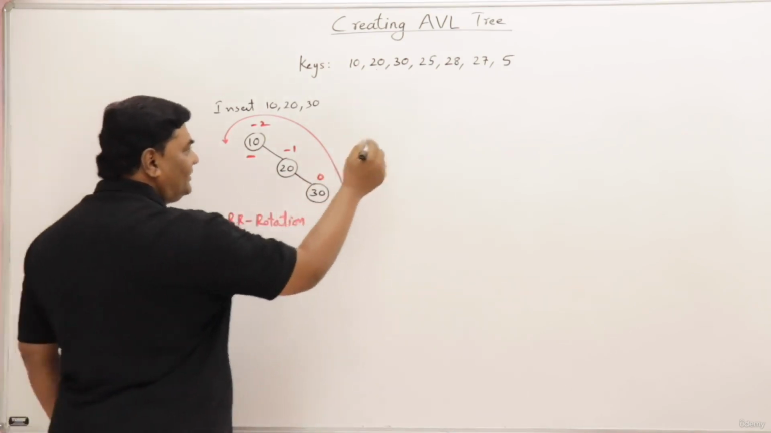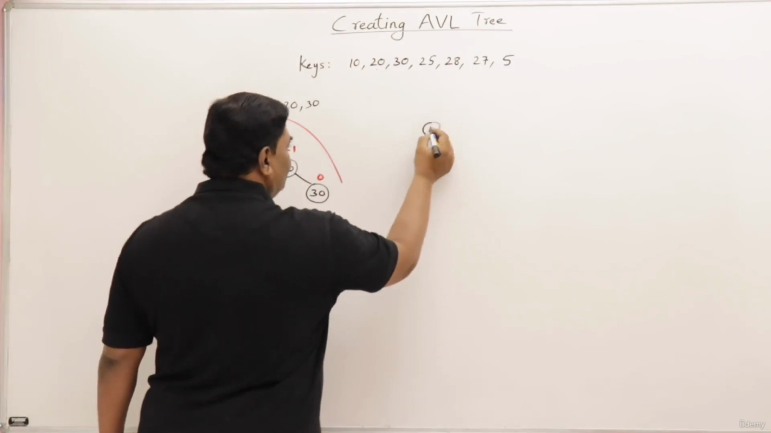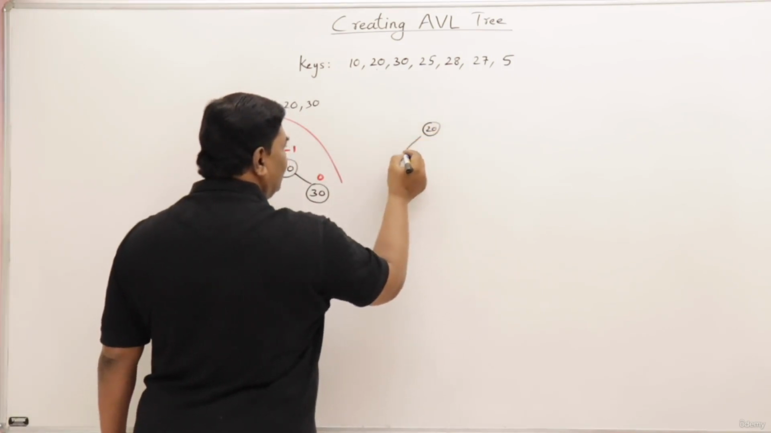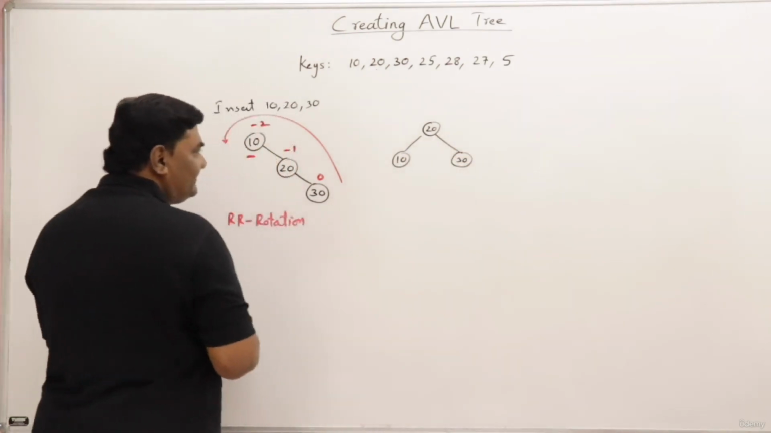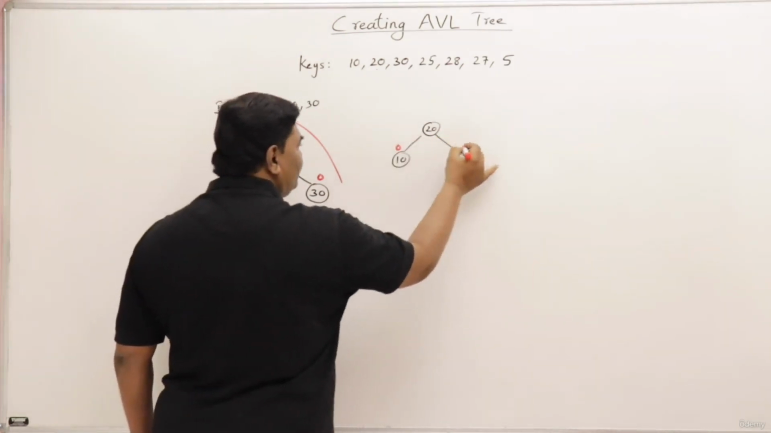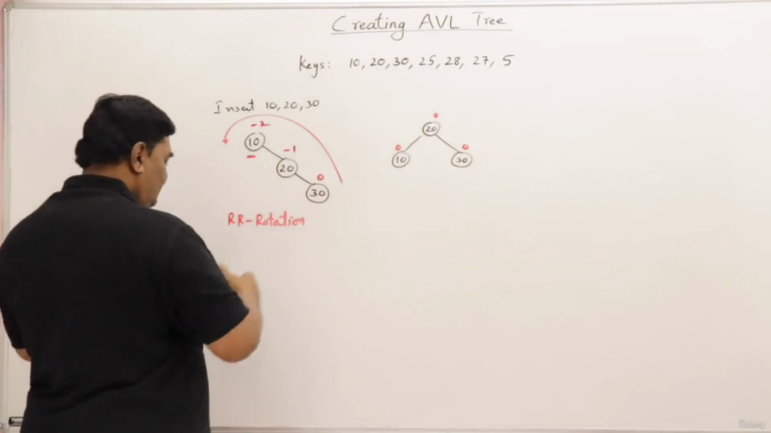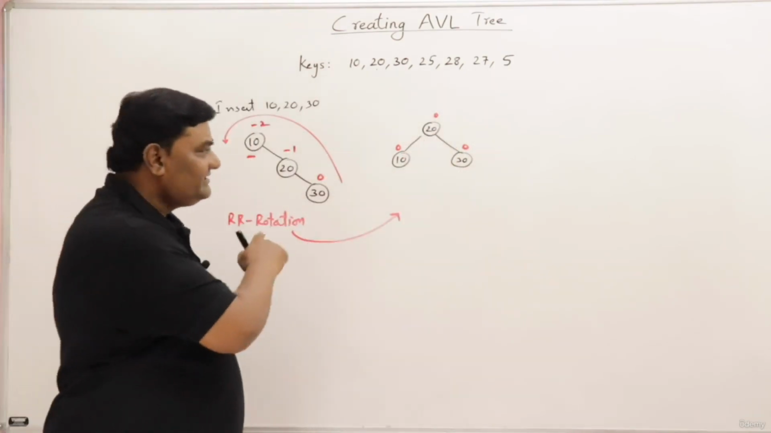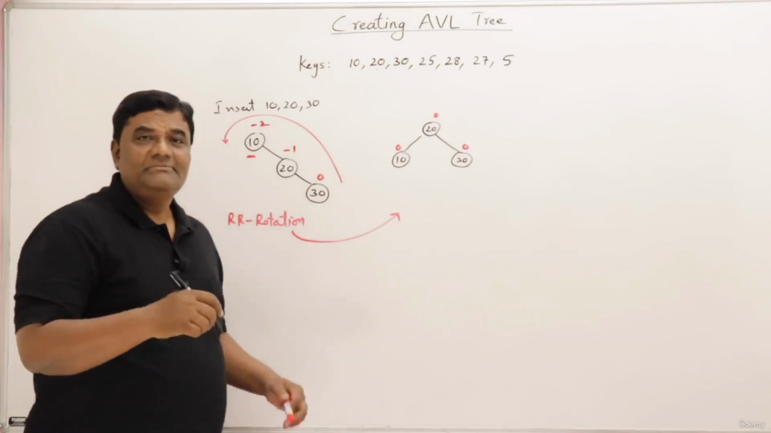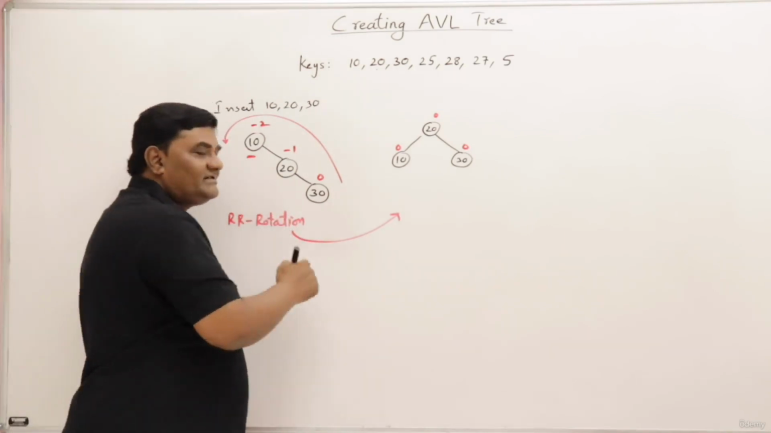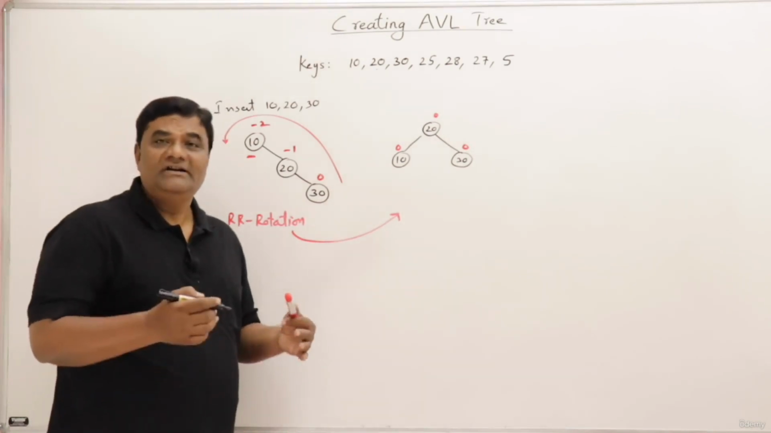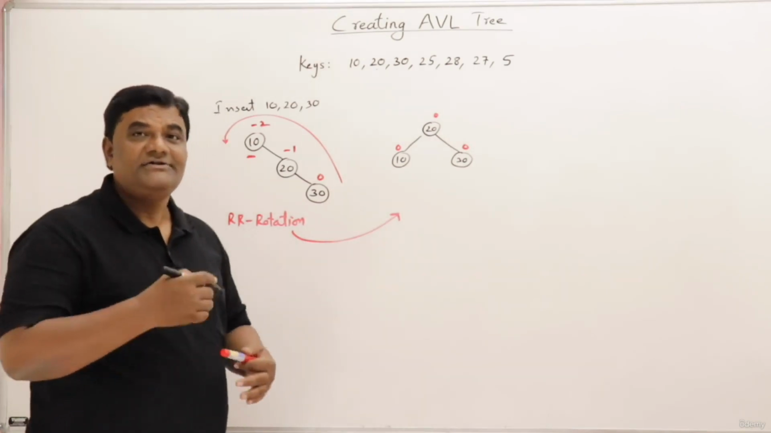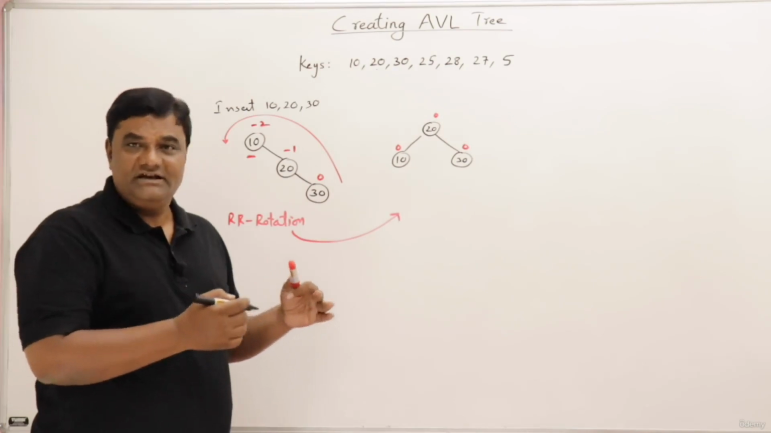Then after rotation, what will be the tree? I will draw it here. So this is 20 and this is 10 and this is 30. The balance factors are 0, 0 and 0. This is the result. Okay, this is the tree we got. I was inserting the key. When one of the nodes became imbalanced, I performed rotation and adjusted it. So that's how, the moment a tree node is becoming imbalanced, we perform rotation and we keep the AVL tree